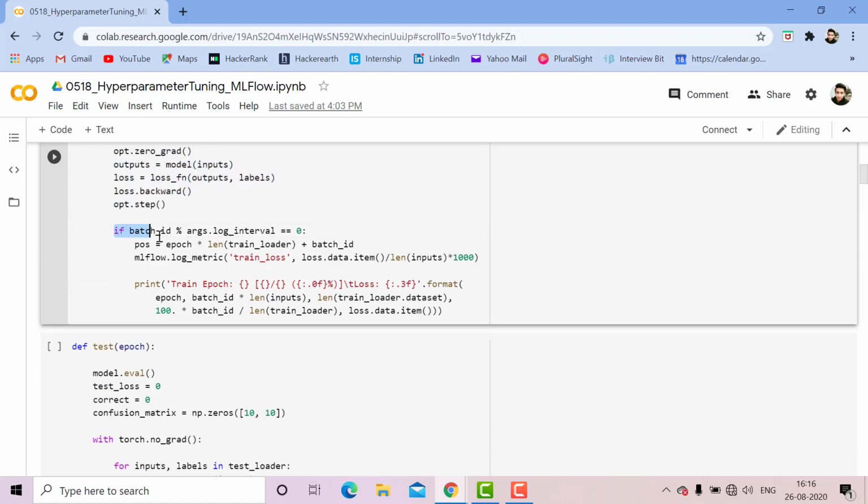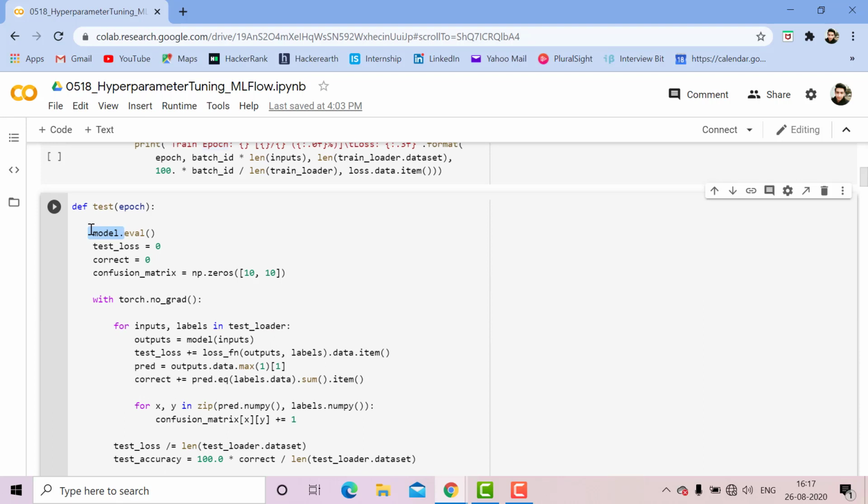If batch_id modulo args.log_interval equal to 0, then pos is equal to epoch multiplied with len function with train_loader as parameter plus batch_id. Now mlflow.log_metric function with train_loss, loss.data.item function divided by len function of inputs as parameter, and it will be multiplied by 1000.